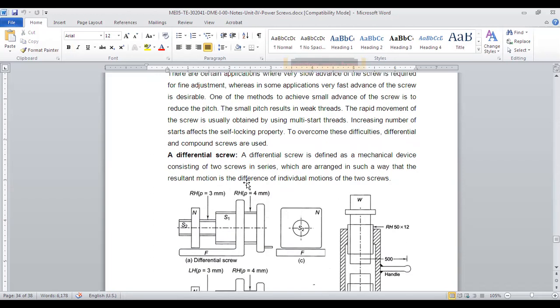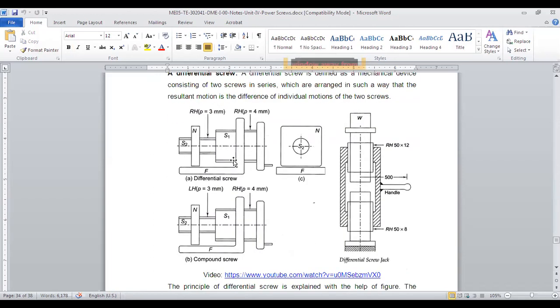Basically we have two screws, as shown in the diagram. If you see it, we have two screws attached to one another. With the rotation of one screw, the other screw will move, and it will also rotate. It will have a movement as well as a rotation. If you put something on the other screw, you will get a differential movement. Now I will explain with an example. As you know, F is the frame in the diagram I have shown. In the diagram there are two things.